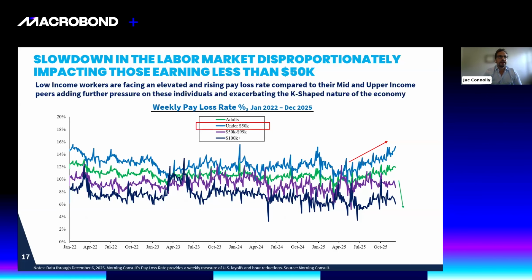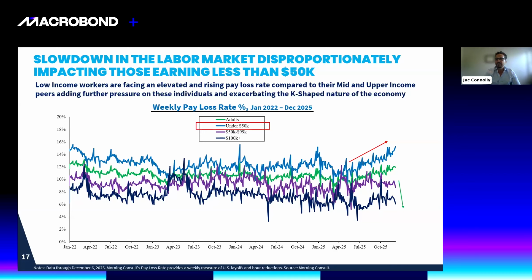And then, the last thing I wanted to talk about on the labor market was this slowdown that Leo had mentioned and the cooling of the labor market. We see this disproportionately impacting those earning less than 50K, right? So what we're looking at here is Morning Consult's pay loss rate, which provides a weekly measure of U.S. layoffs and hour reductions. Again, we have this broken out by those earning under 50K, 50 to 100K, and then